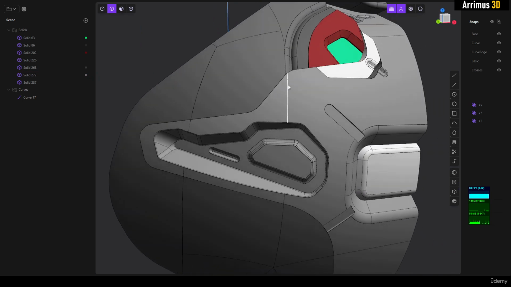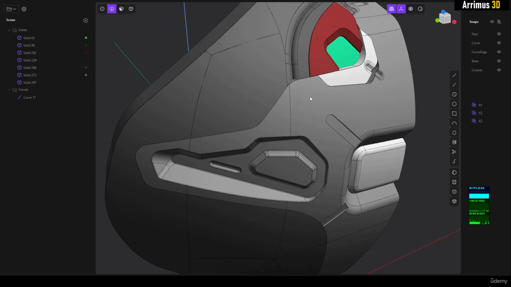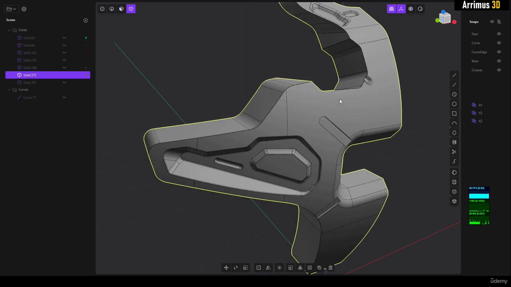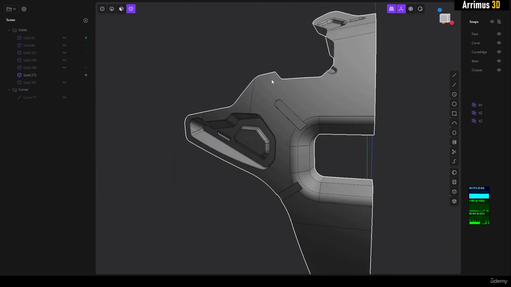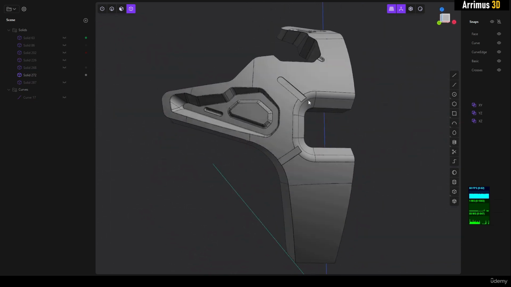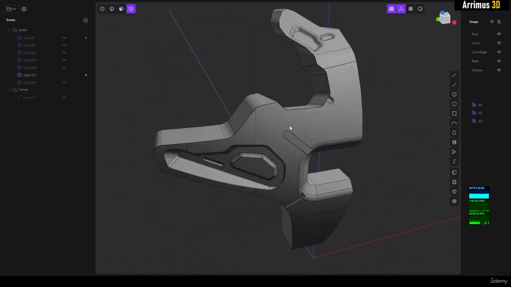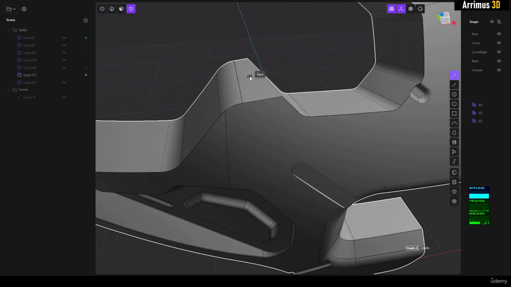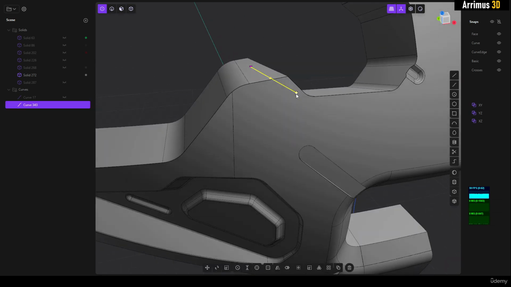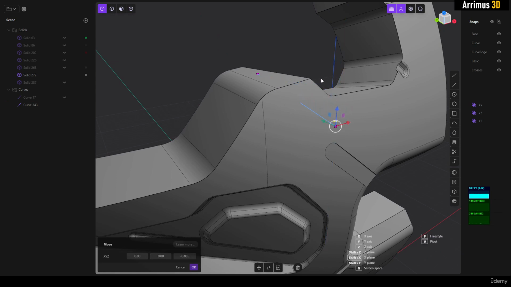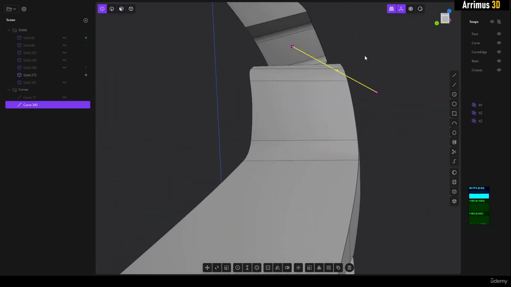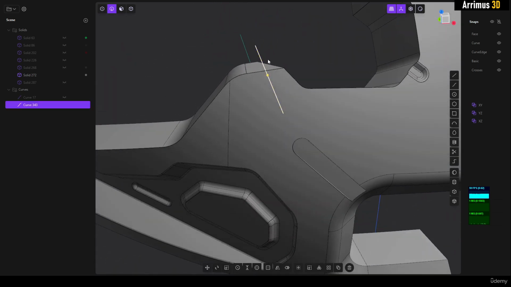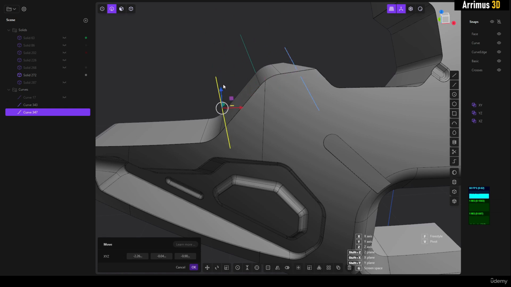All right, sometimes what we can do is kind of get a variable chamfer. So for example, as you can see, guys, we really start packing on details very quickly once you start working with CAD. I'm going to go ahead and create something right here. I'm going to hold down Shift, go into vertex level and move that around. I'm going to select this, hold down Shift D, G to move this off here.